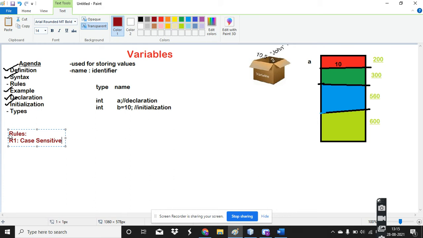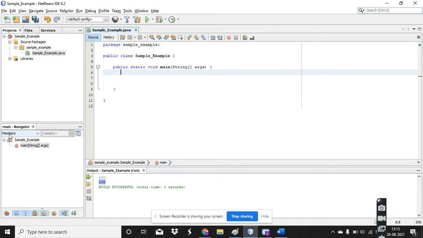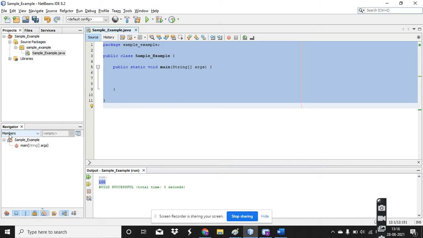If you write in a capital letter and if you write in a small letter, then there is no similarity between the capital letters and small letters. In that manner only, your compiler will consider your variable name or anything. Here I'm using the NetBeans IDE for executing my code. For how to use the NetBeans IDE and what all these lines mean, everything will be uploaded as a video. Please go and check that video on the same channel. I will give you the link below.